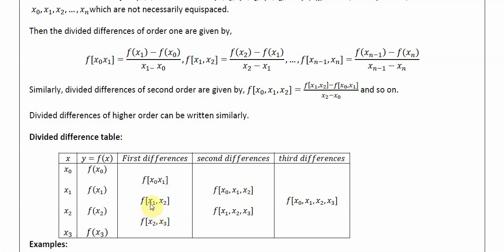This is the first order difference corresponding to x1 comma x2 minus the first order difference corresponding to x0 comma x1 divided by,